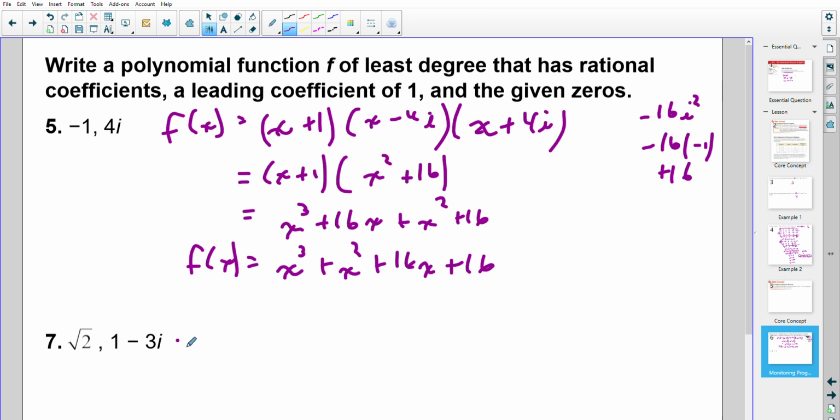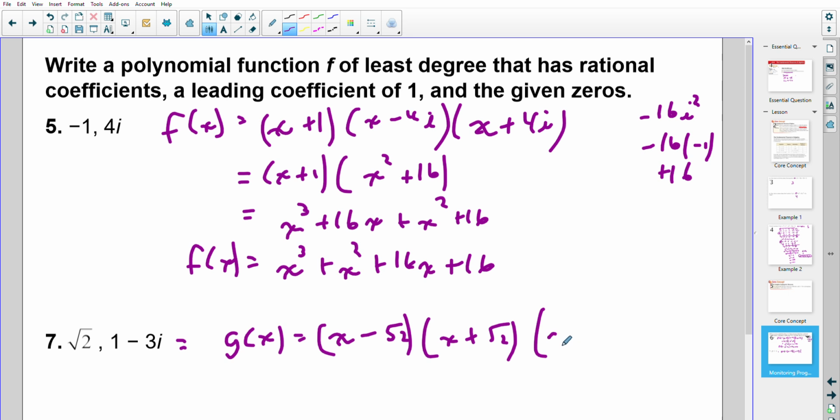Now, if you had something like this, a lot more challenging of a problem, you would have to say x minus square root of 2, x plus square root of 2, x minus 1 minus 3i, x, getting a little bit close here, minus, and then the conjugate, which is 1 plus,